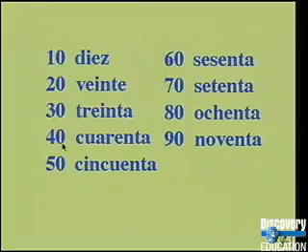Then cuatro becomes 40. 5 becomes 50. And you'll notice that these numbers are starting to have a pattern here. They end with the NTA, NTA. This one is NTE. So we have 10, 20, 30, 40,